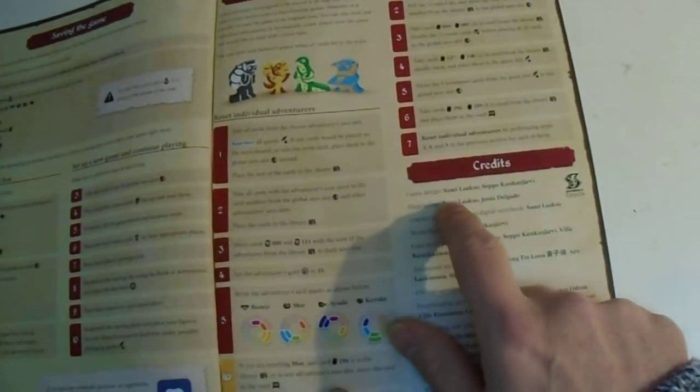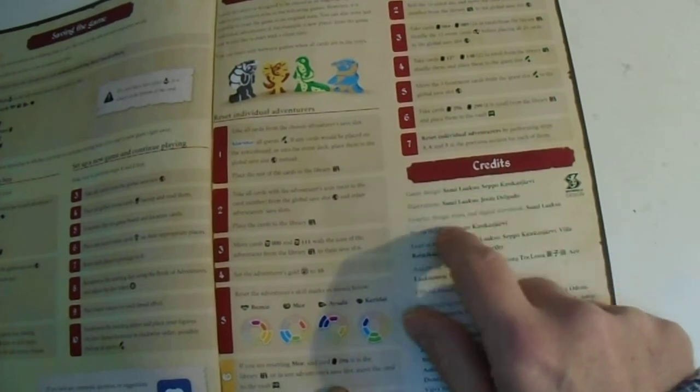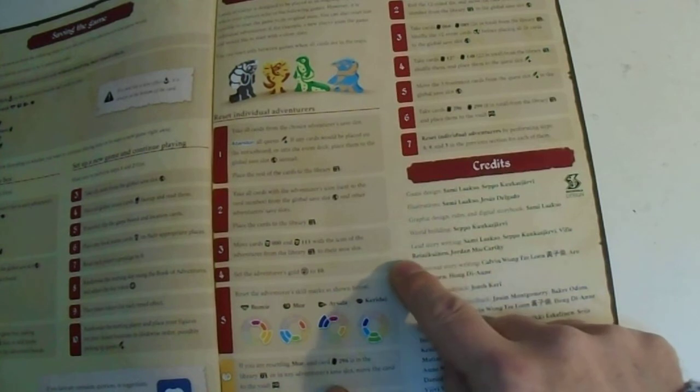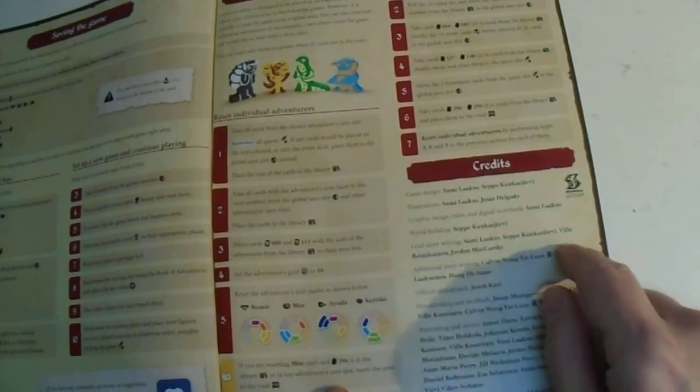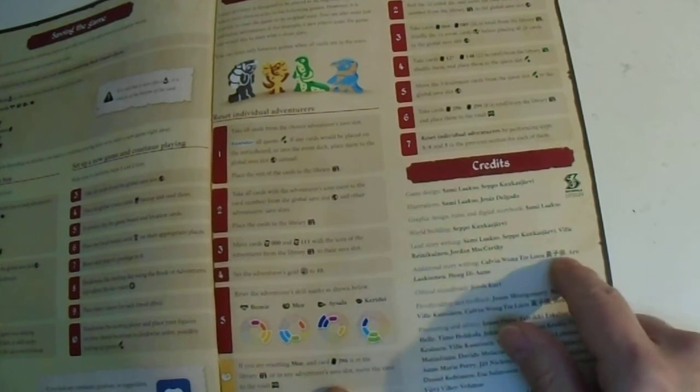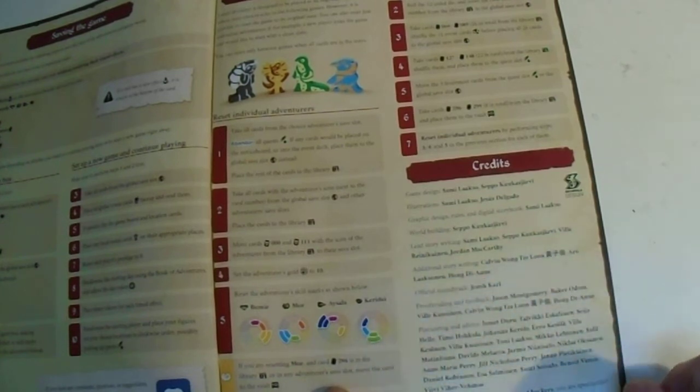The game is designed by Sami Laakso, and world building is by Seppo, and well, it is really Finnish with some Chinese texts here. I'm not sure if this game is produced